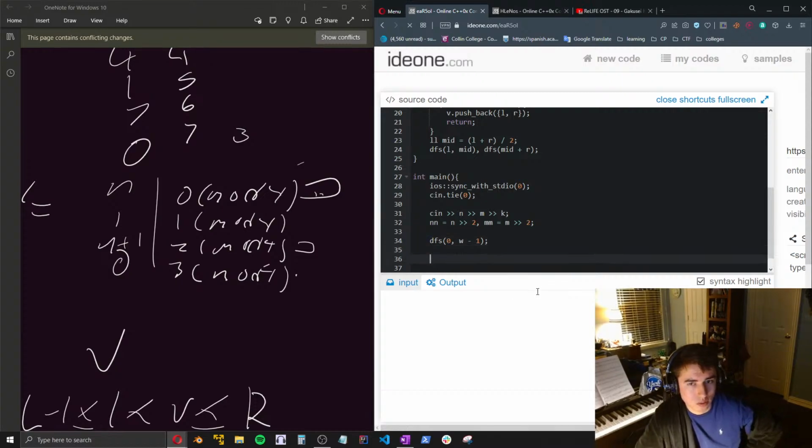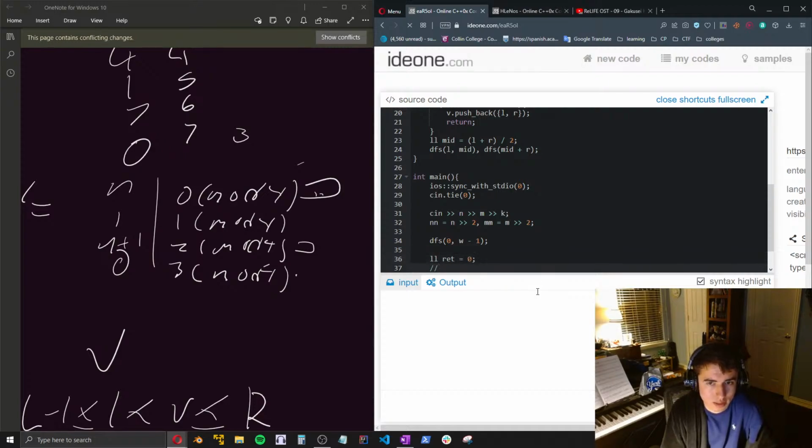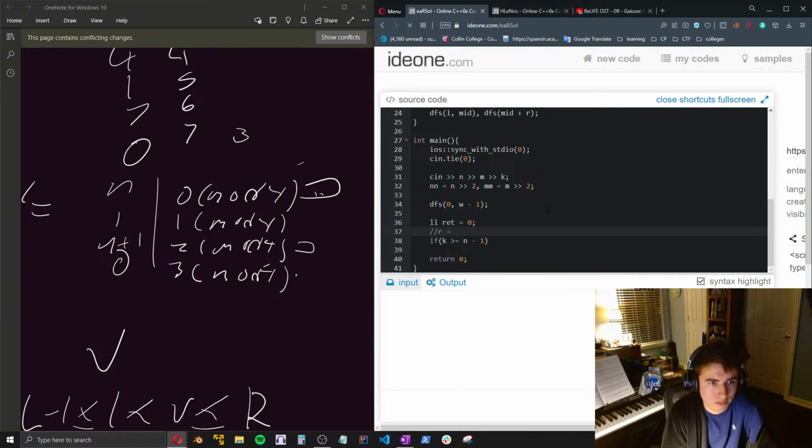So, first let's do... Alright, if A is greater than or equal to N minus 1, equal to 3, 4, R is greater than N minus 1, N. Less than M, and